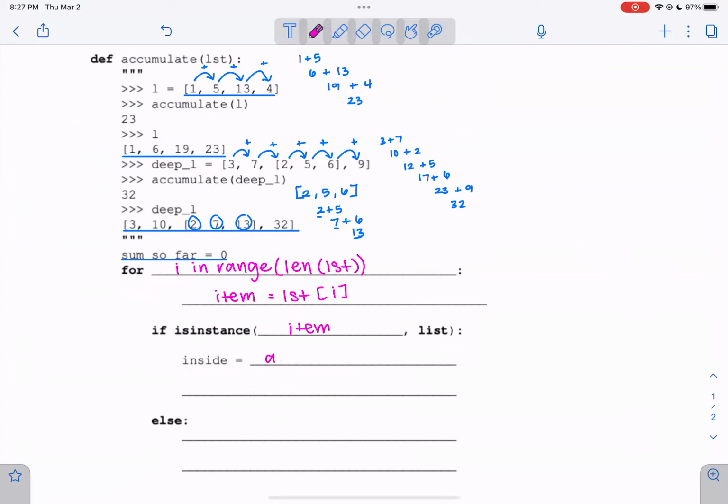when we want to call the accumulate function again on the new item. So essentially what we did was just create a list out of each element in that list and then check if that item is a list. Then inside we want to call the accumulate function again. And that's in the case if we find ourselves with a nested list. We want to be able to call that accumulate function again. And if that's the case, then we want to add that to our sum so far